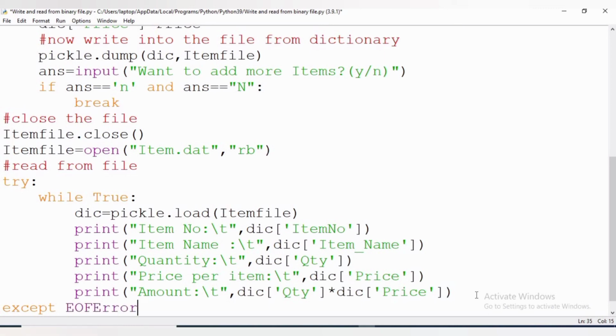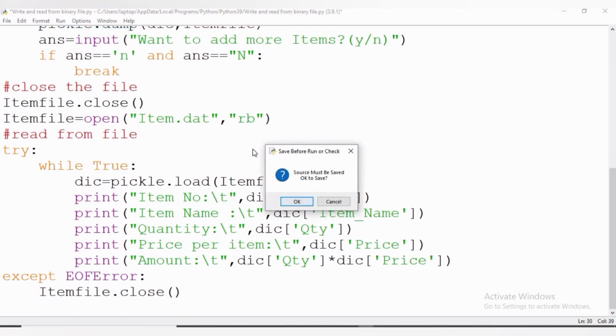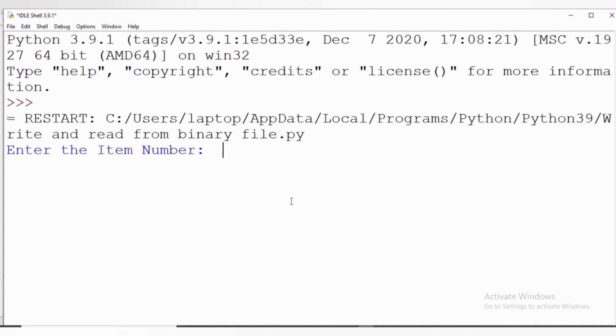To handle the EOFError, we will write except EOFError. Now we will close the file. Now we will execute the code and we will enter values in the binary file and we will check whether we are able to read it or not.